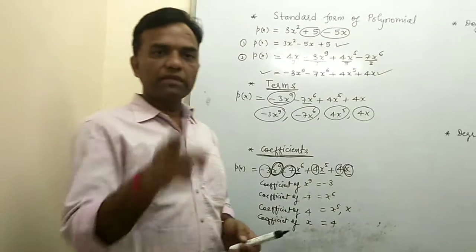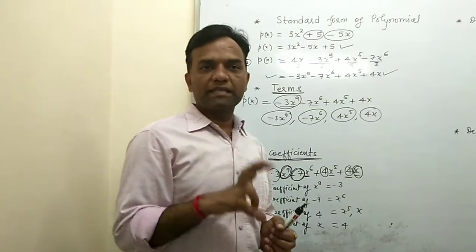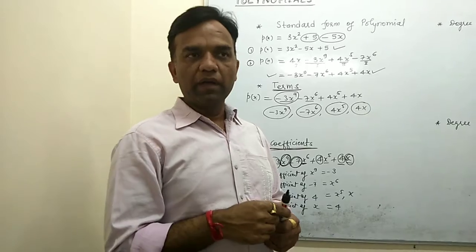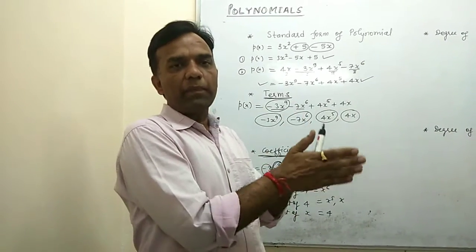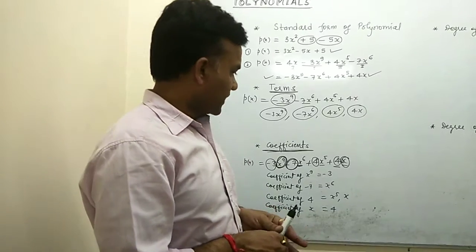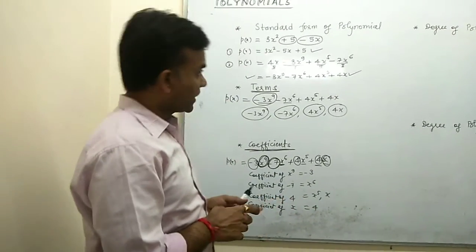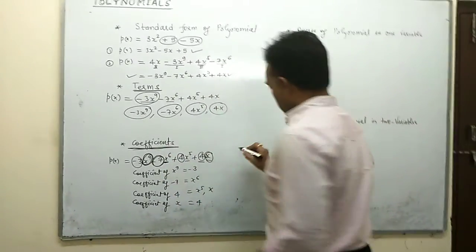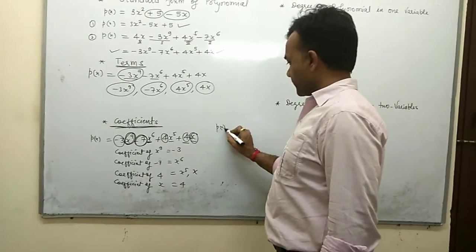So that depends on the coefficient. It means a particular word is always asking about the coefficient like this. So first you circle that number, and whatever part is given with it, that is the coefficient, that is your answer. Okay, maybe another variety, like again I explain here, you have p of x.